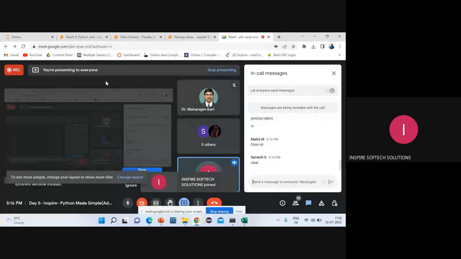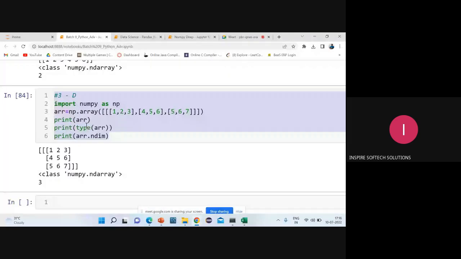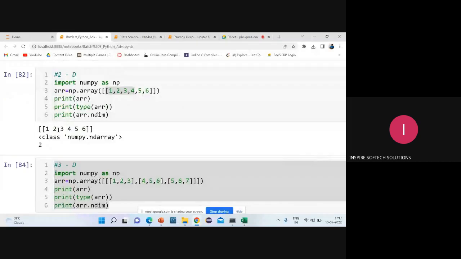Okay, super. Now we have done 1D, 2D, 3D, and if you want to go with 4 dimensions also, very simple, we'll go with 4 square brackets. It's awesome, because once you learn this, it extends to n-dimensional arrays. That is how NumPy works, which makes it very convenient for the user. By counting that symbol, how many times it opens and how many times it closes: 3 times it opens, so 3 times it closes, so for sure it is a 3 dimension array. 2 dimension means 2 times opening and closing. So if you want to measure the dimension, we can use ndim.